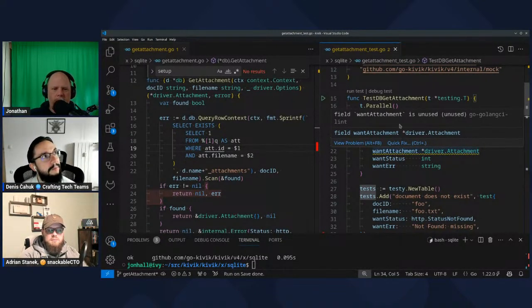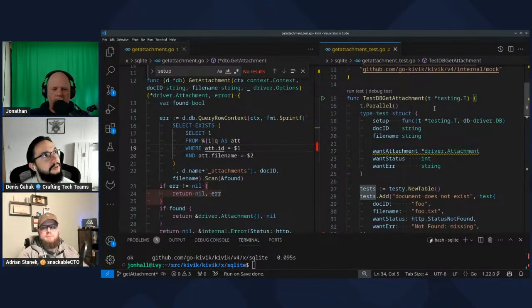Yeah. You know what I would do? I would flip it around the other way. I would say an attachment exists when it was added to CouchDB. Okay. And I would rename this case to that.